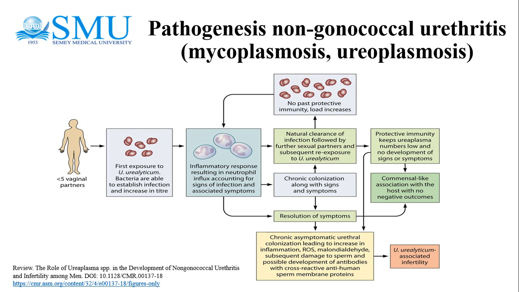This leads to Ureaplasma urealyticum associated infertility, and natural clearance of infection followed by further sexual partners and subsequent exposure to Ureaplasma urealyticum leads to protective immunity, which keeps Ureaplasma